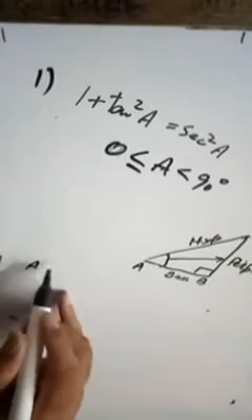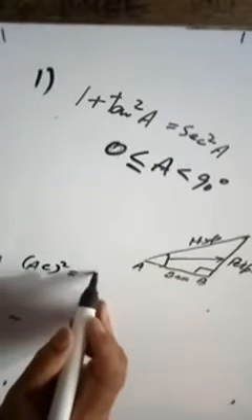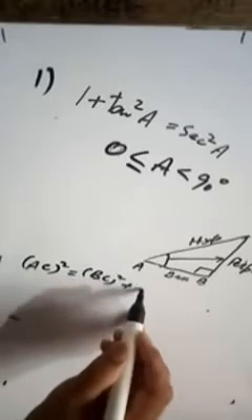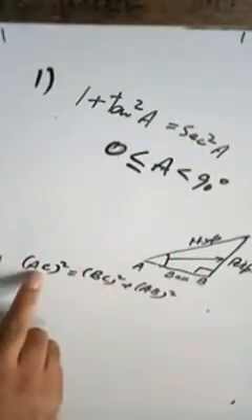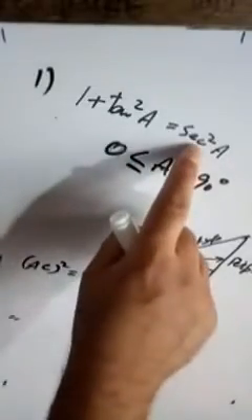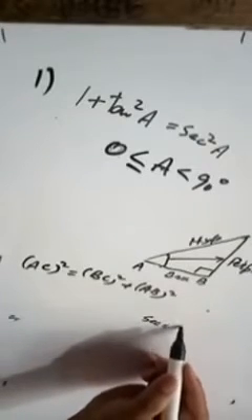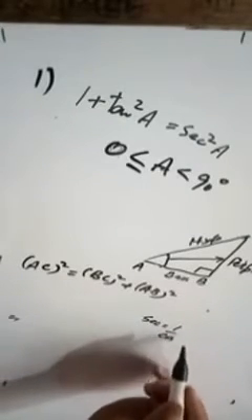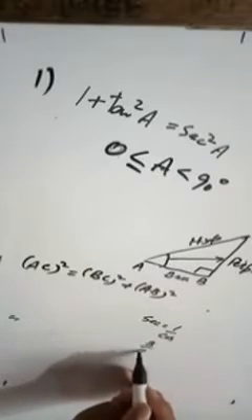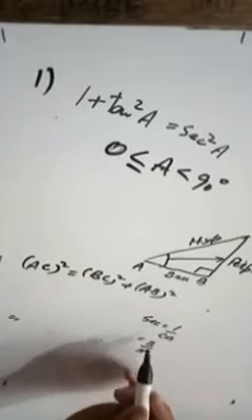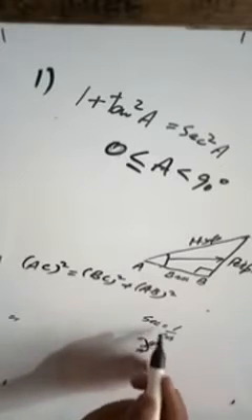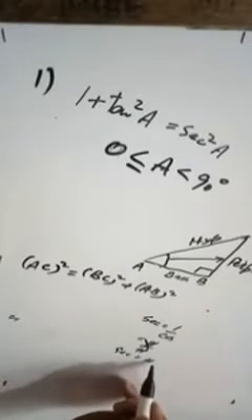When I apply the Pythagoras theorem, it will be AC square is equal to BC square plus AB square. Hypotenuse square is equal to base square plus perpendicular square. Now here, my dears, there is only one term here, but two terms there. Here it is sec, but here it is AC, the hypotenuse. Sec, if you remember, is the reciprocal of cos, and cos is equal to base by hypotenuse. So sec will be equal to hypotenuse by base.